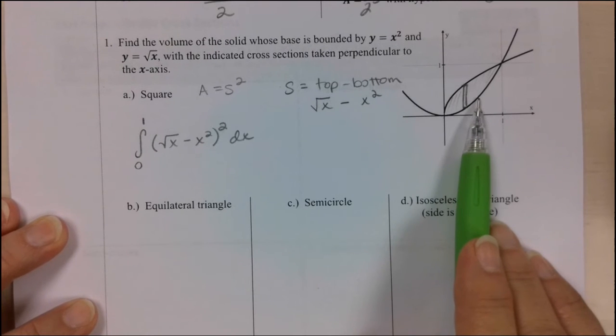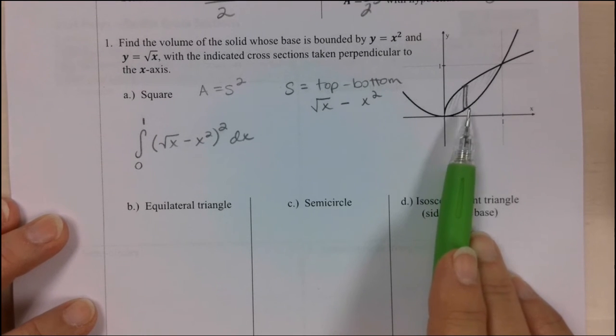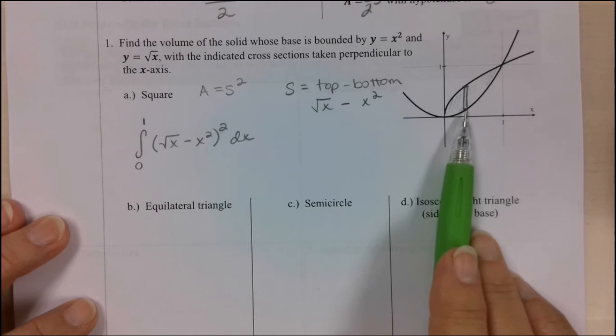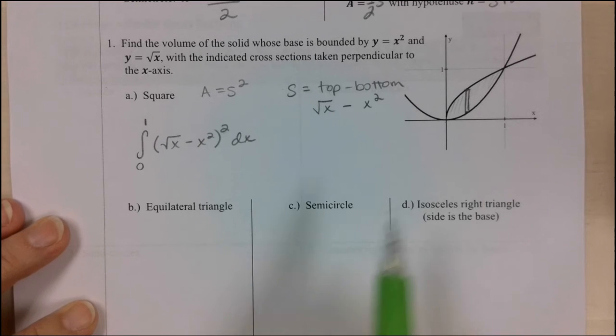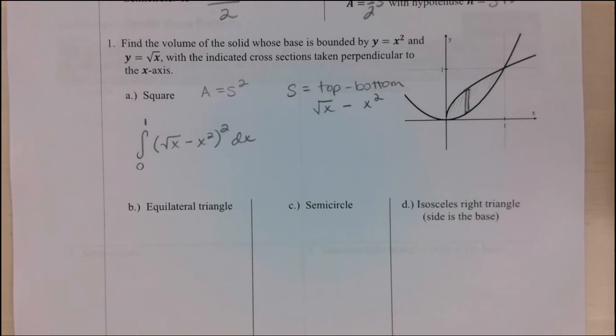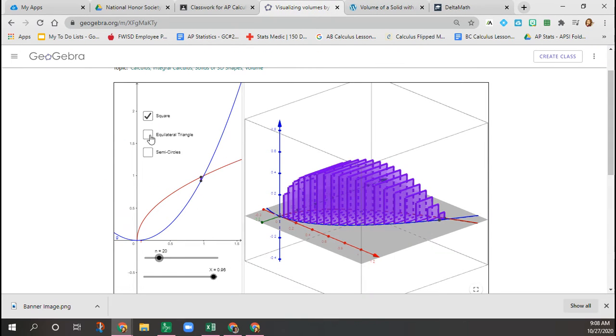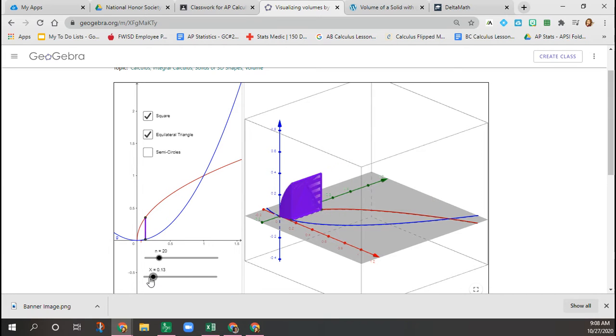We're going to use this same region. We can use our same representative rectangle here, but the difference is that it's going to become a different part of the shape. Depending on what shape we're talking about, this is going to be a different part of that. So let's go back here, and I'm going to switch to equilateral triangles. Oh, it looks like I need to turn off the square. It's doing both of them. So let's just do a few. So you can see,